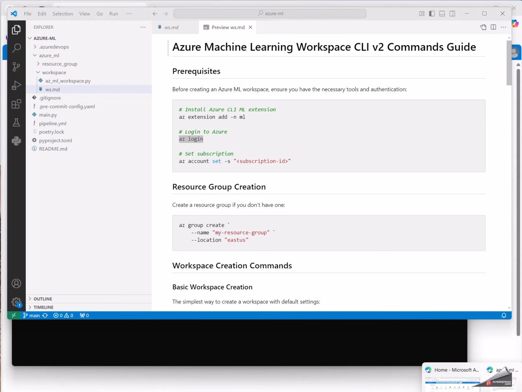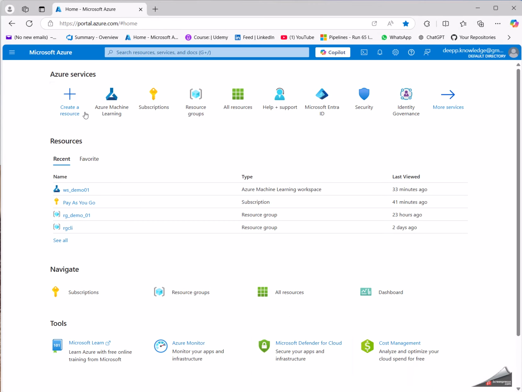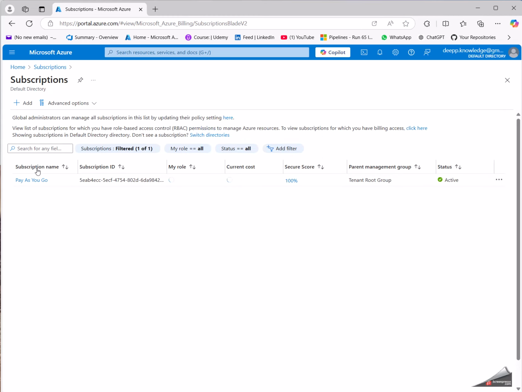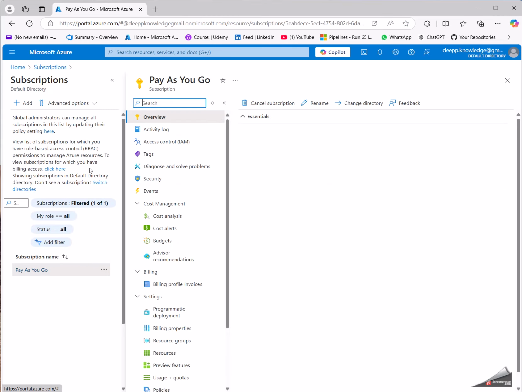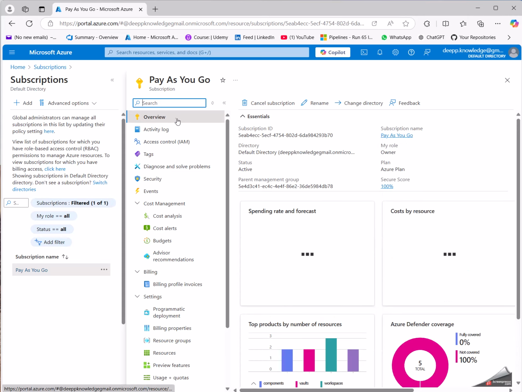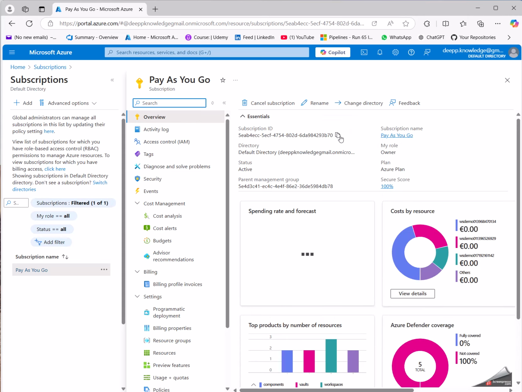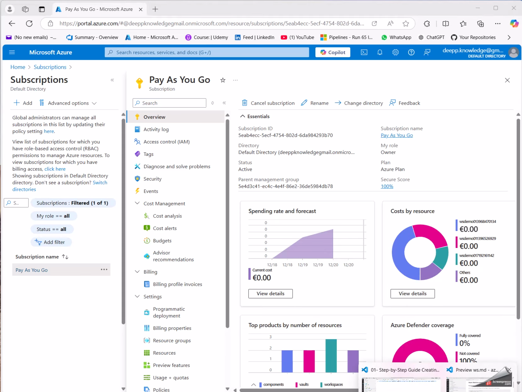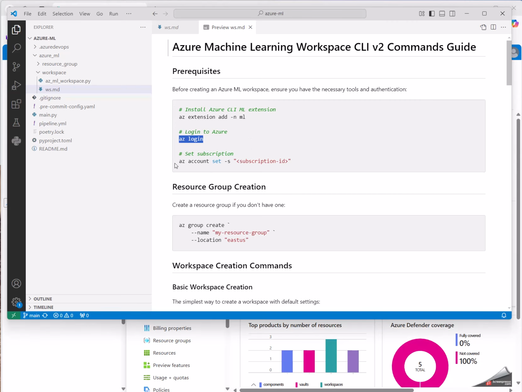This was already covered, but I will show you again. You can see this is my subscription, Pay as you go, and you can see in the overview the subscription ID, this one here. So just assign this, I mean, use az account set and put your ID.